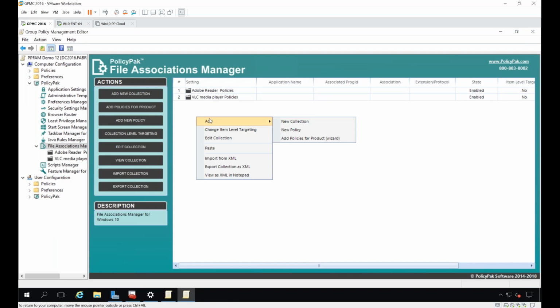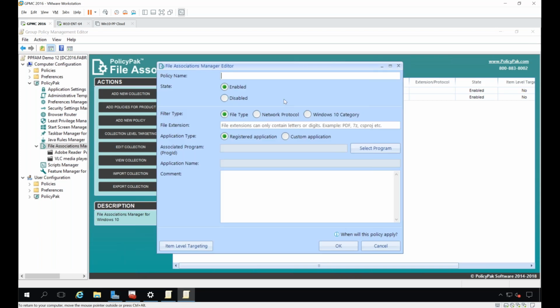But the idea is that there used to be this thing called clickjacking. We've got a whole blog article about this, about how in Windows 7, grandma would download what she thought was Acrobat Reader and it would take over her file associations. We don't want that. It's just not part of the physics that are in Windows 10 anymore. So as such, you need a programmatic way to dictate those things, and this is a way to do it. So I'll do one more.